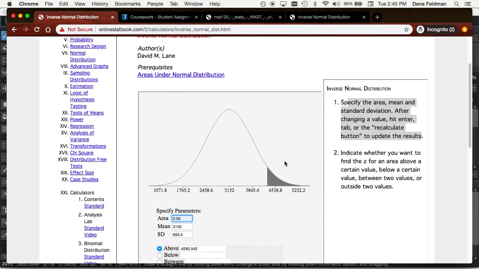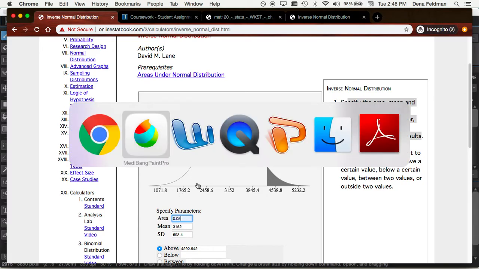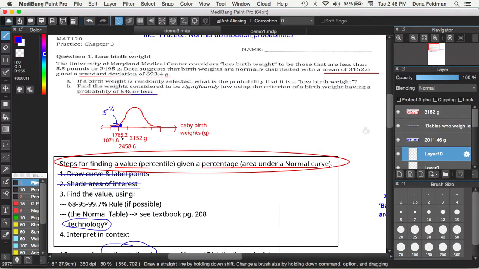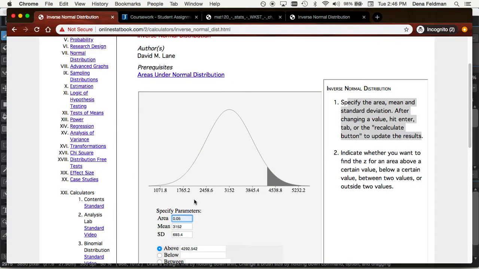Unfortunately, it's on the wrong side, isn't it? Over here, this is on the wrong side. We want it to be 5% or less probability. It's the 5% on the left side. So when I'm using the inverse normal calculator, once I